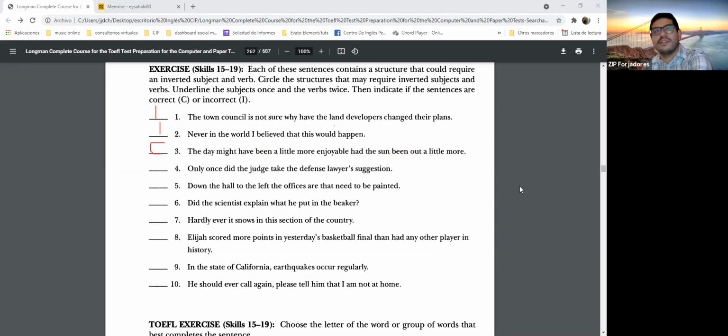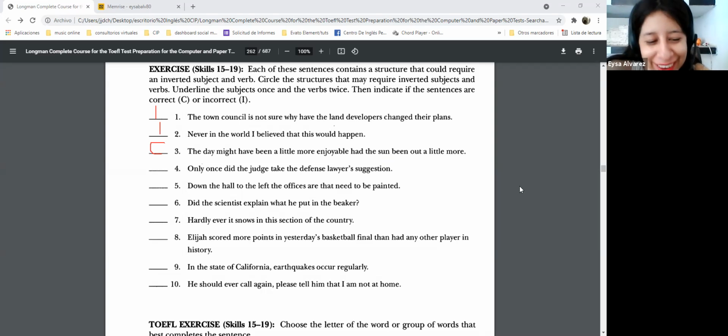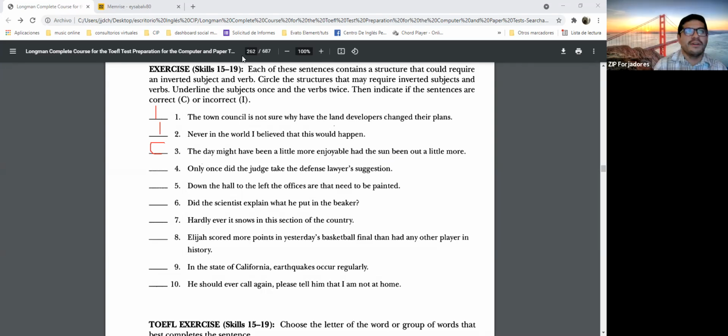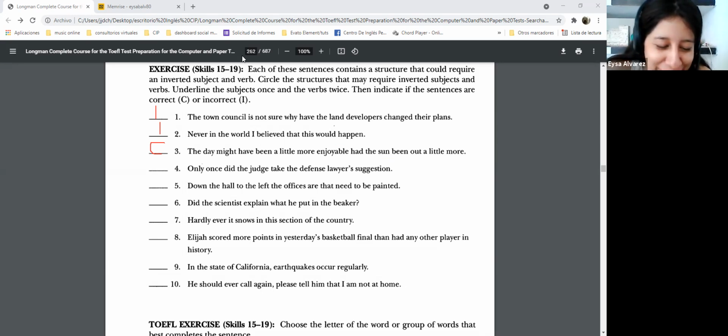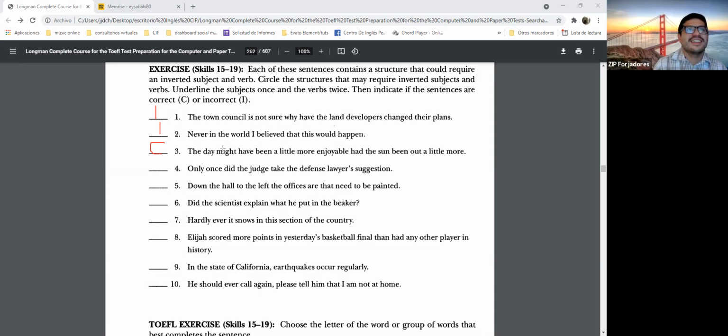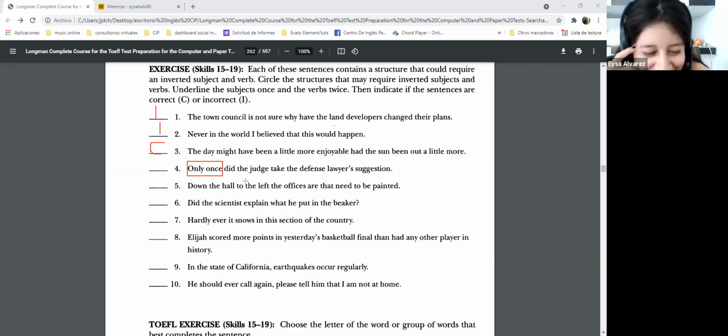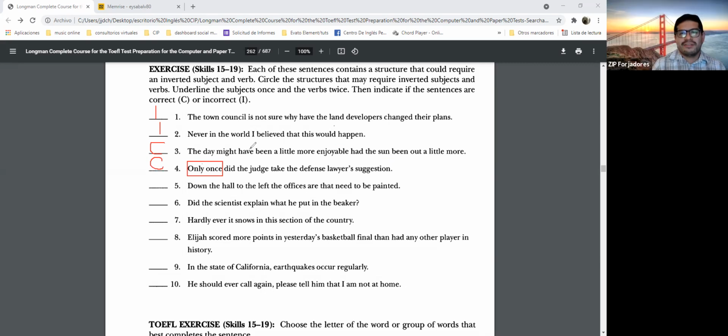Let's go with number four. In number four, I have it incorrect. Oh my gosh, yeah, I put that it's incorrect because we have the negative expression that is only once, but then I was confused because I wrote not necessary. I was not sure about that, if the auxiliary is not necessary or no negative question, no question. But I was confused, you know. I mean, you have that same question now.